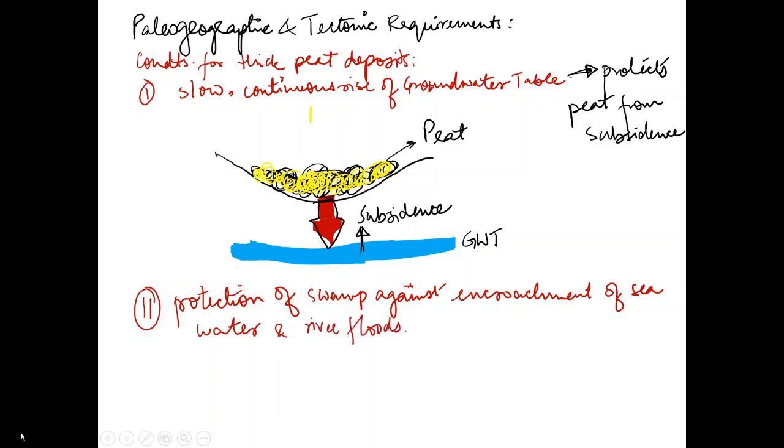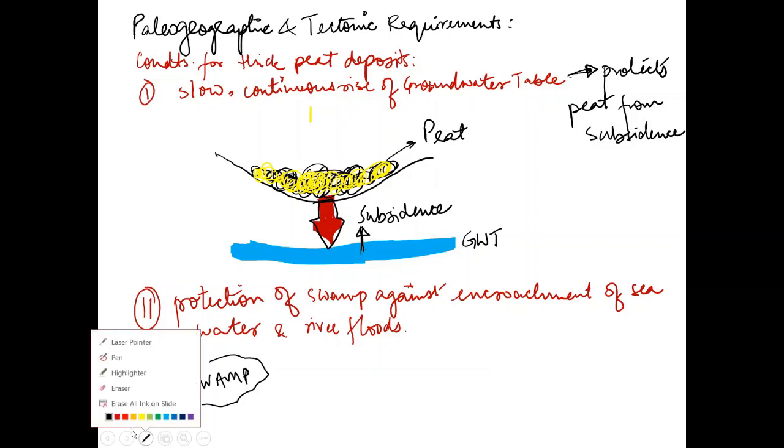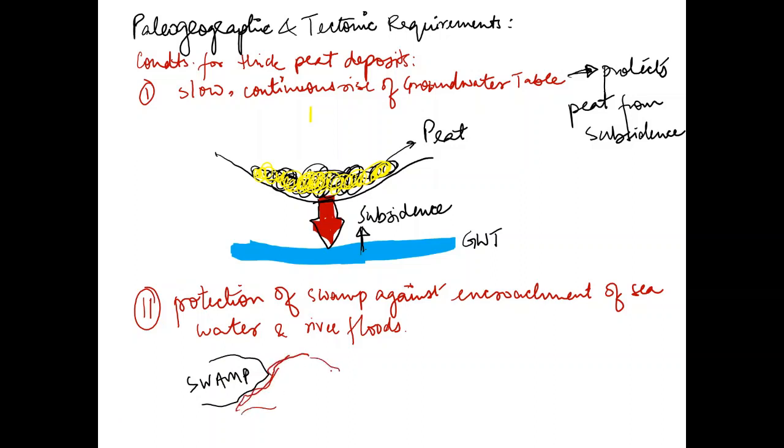So how does this work? Say for example, there is a swamp near a coastal region, and this area is protected or separated from the sea by, let us say,